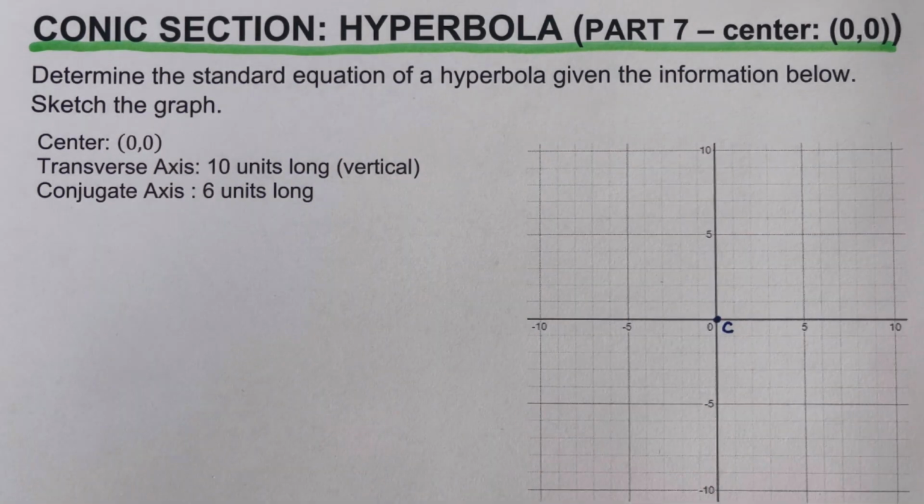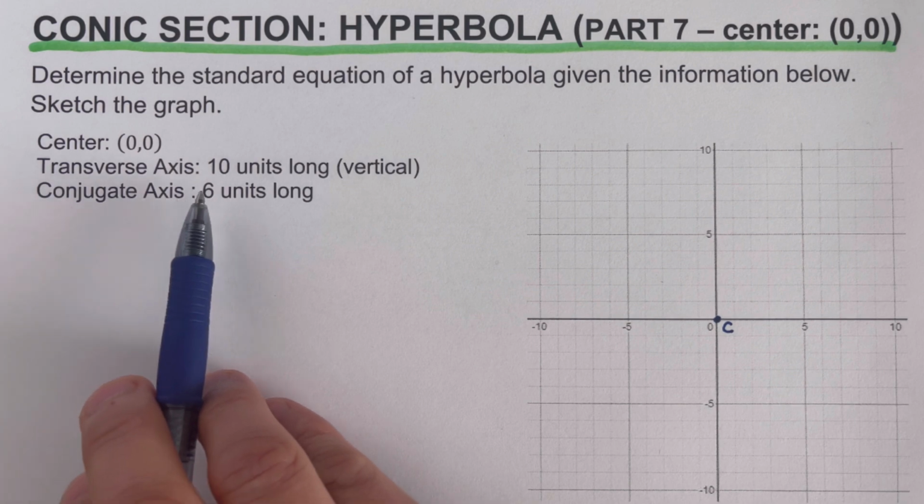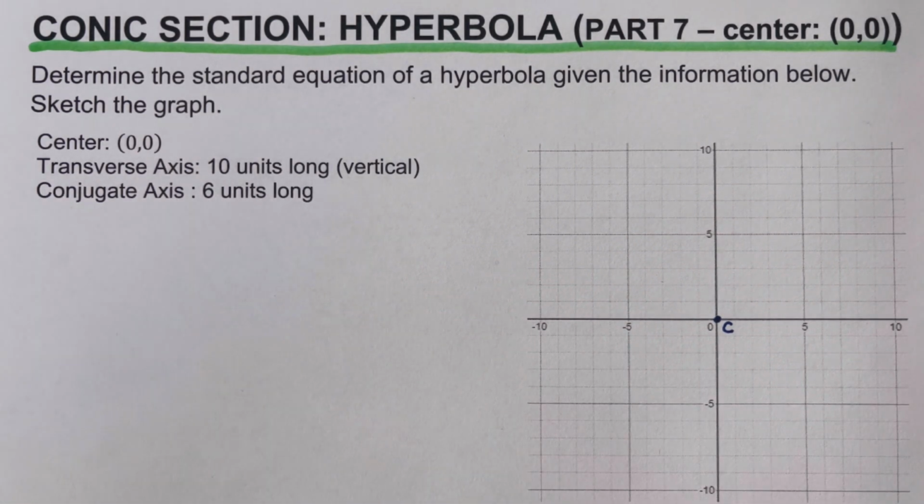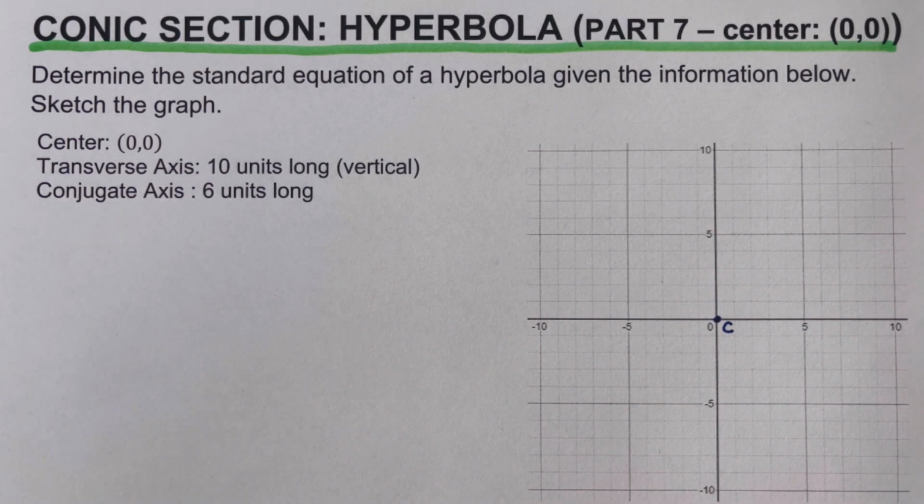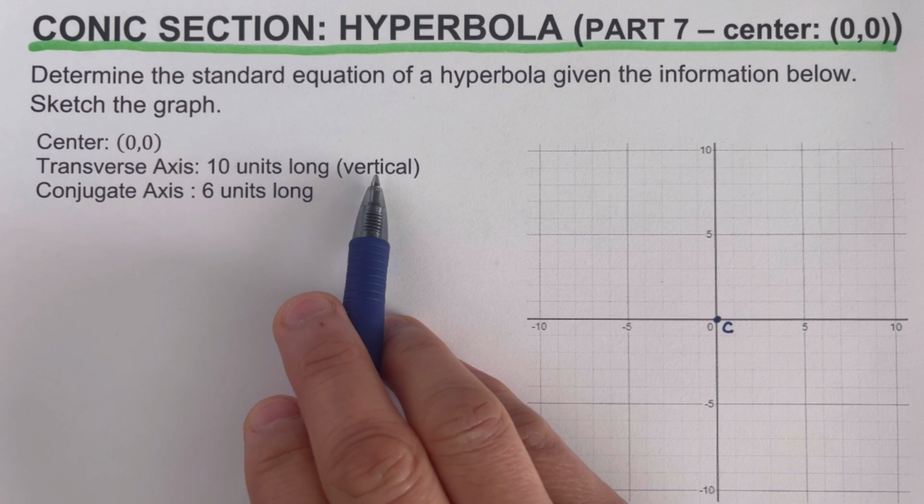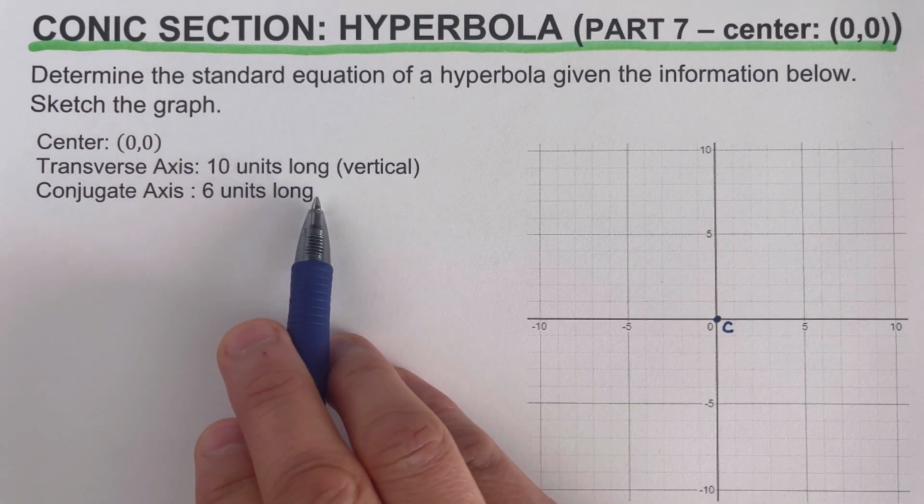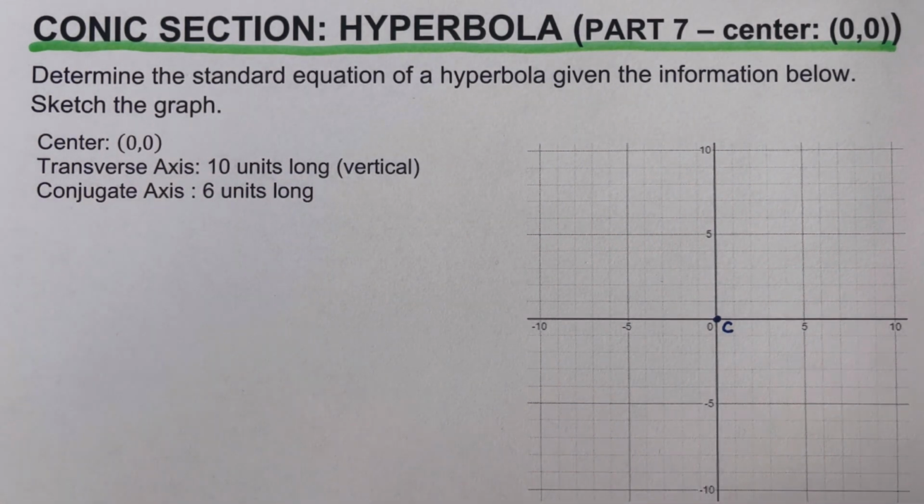In this problem, we don't know where the two vertices are and where the two co-vertices are. However, we're given the transverse axis, which is 10 units long and it is vertical. We also have a conjugate axis, which is 6 units. If the transverse axis is vertical, this tells us that the conjugate axis is horizontal. We can actually solve for a and b. a is the distance from the center to the vertex, and b is the distance from the center to the co-vertex,